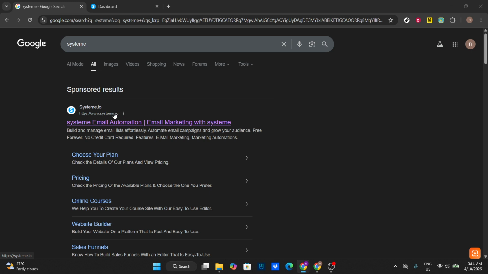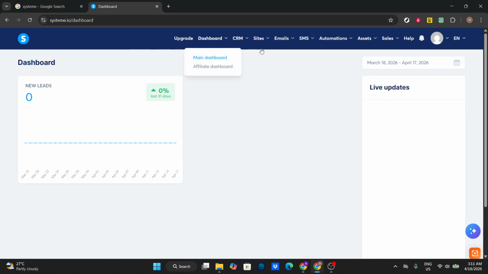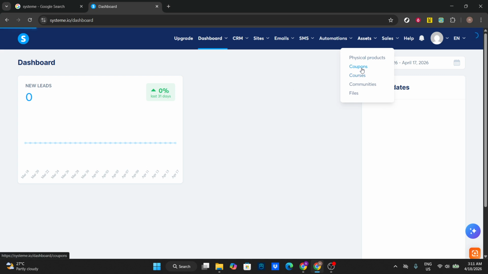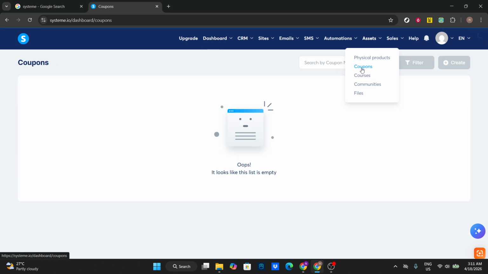Once you're on the main dashboard, take a moment to confirm you're in the right workspace if you manage multiple projects. At the top of the page, look for the main navigation menu, hover over or click on Assets. This is where Systeme.io groups resources you can reuse across your offers, including media, tags, and of course, coupons. Inside Assets, select Coupons. This takes you to your coupon management page where you'll see any existing coupons and their